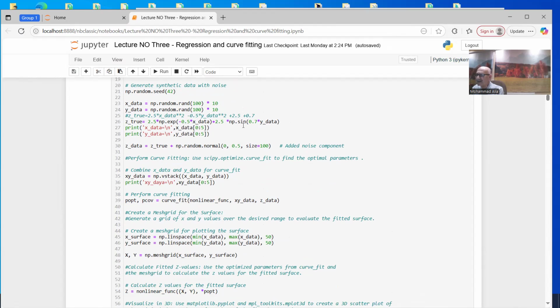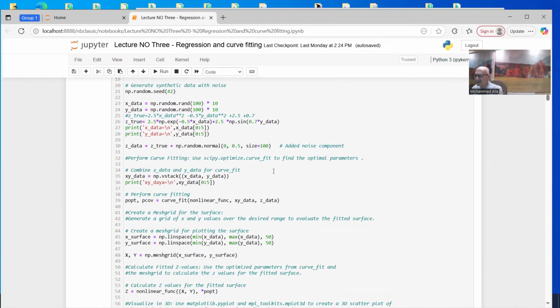So this is the Y value, which is given here as Z. This is the true value. And also you can add to this Z true the noise component to have a real Z value. This represents the original scatter plot of the graph or of the plot, which we will be compared with